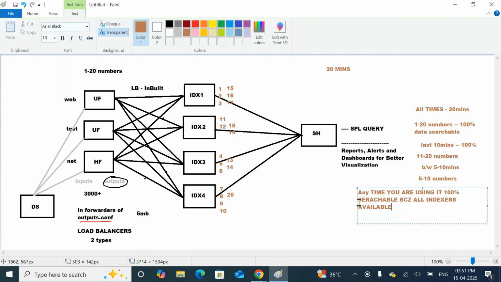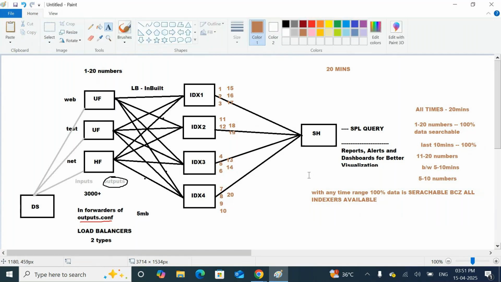Yes, sir. Anytime you are searching, with any time range, 100% data is searchable because all indexers are available.